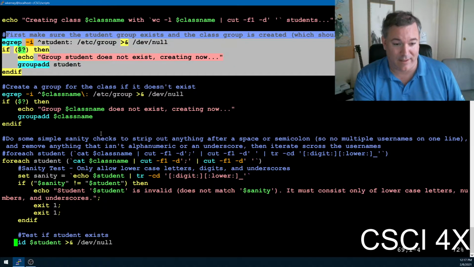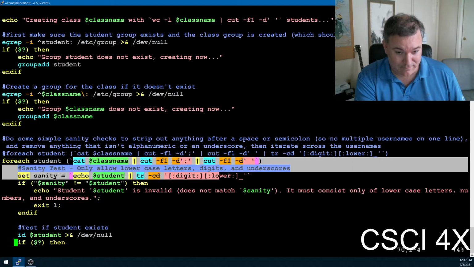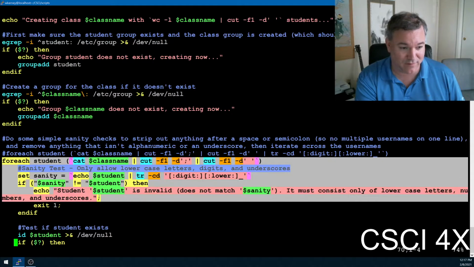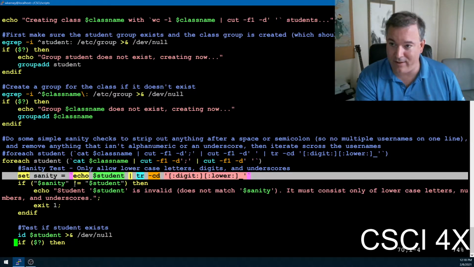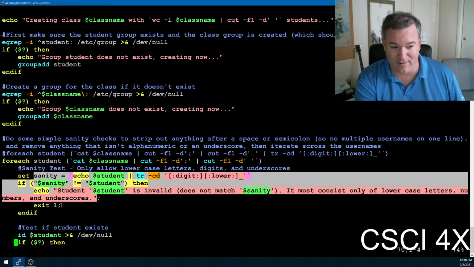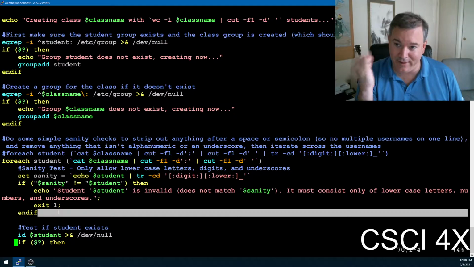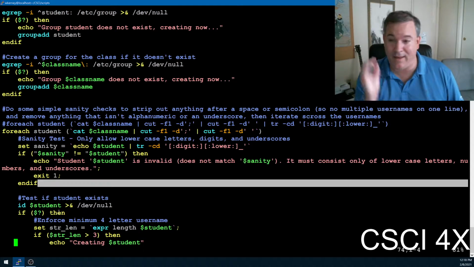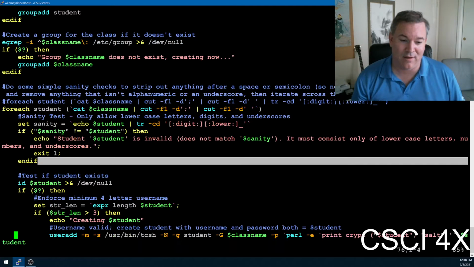So, yeah, and then here it's cutting out all semicolons, all spaces, cutting out any username in there that doesn't have a digit or a lowercase and underscore in it. I don't trust my file names. I don't trust the students in the file. I don't trust anything. Everything gets vetted to make sure that